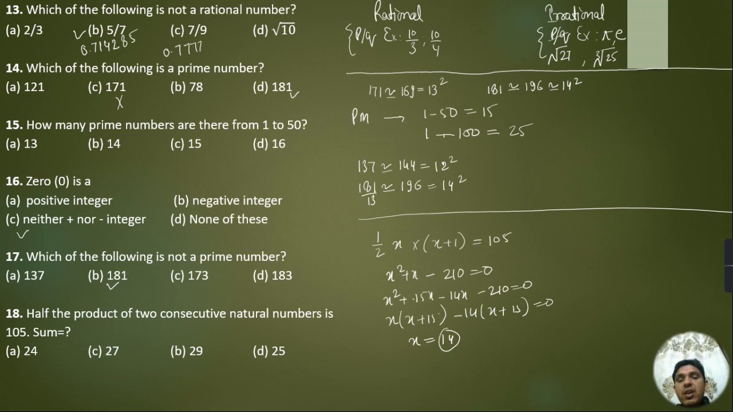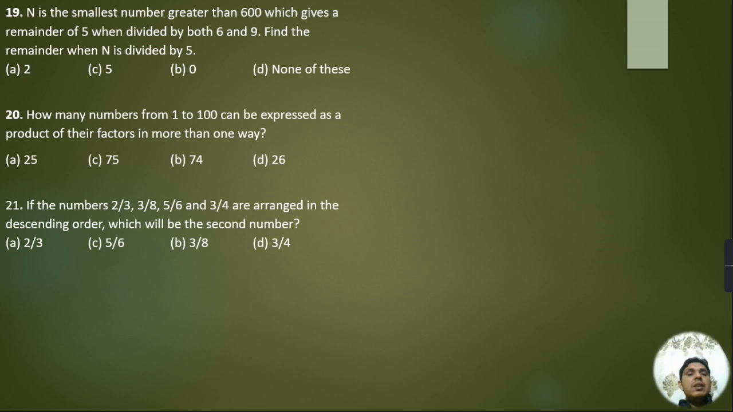One number is 14 and the consecutive number is 15. We have to find the sum of these two numbers. So the answer of this question will be 29, right? Coming to the next question, the question is: n is the smallest number greater than 600 which gives a